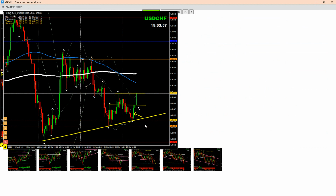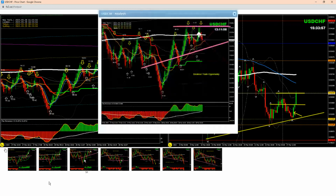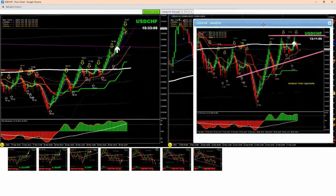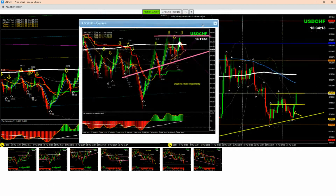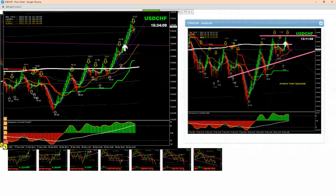Let me explain to you how I analyze the entry and help my traders to squeeze beautiful pips. If you look at here, this was the analysis at the New York session. Price developed this consolidation, developed an inverted head and shoulder pattern, high probability of breakout long based on this 4-hour analysis. As soon as the price broke based on this analysis, if you look at the live market, price nicely broke